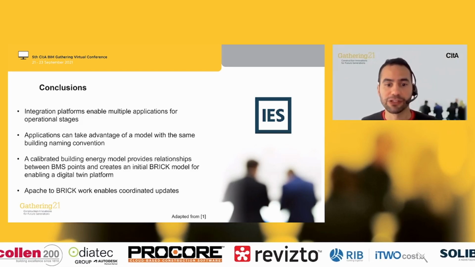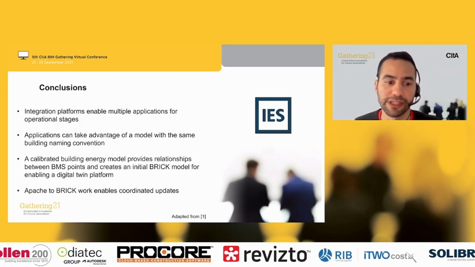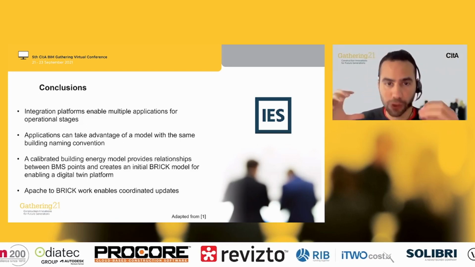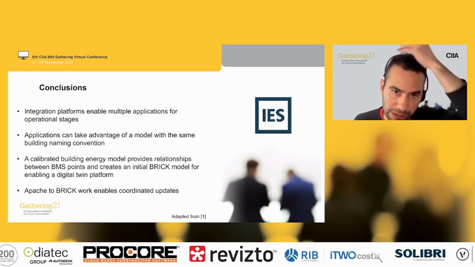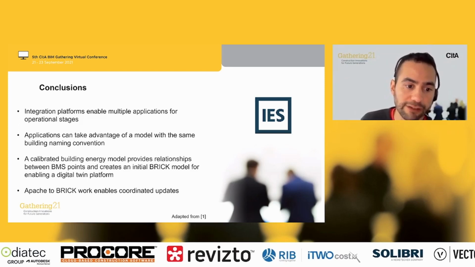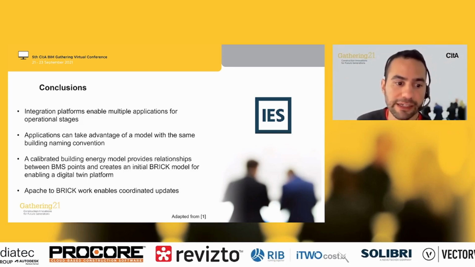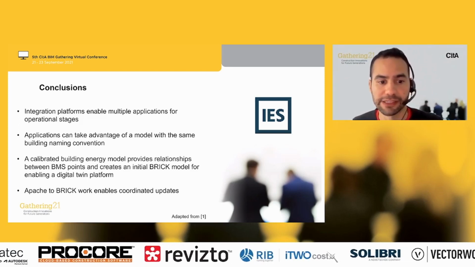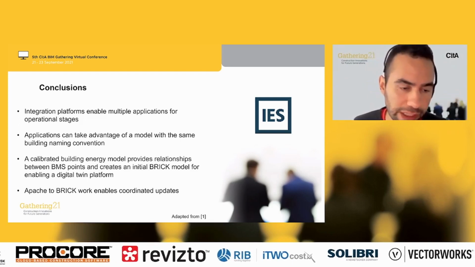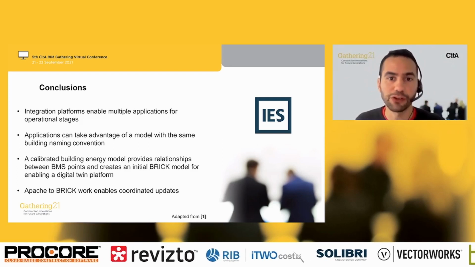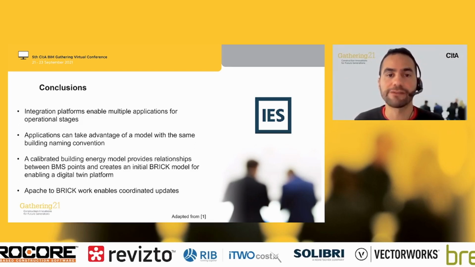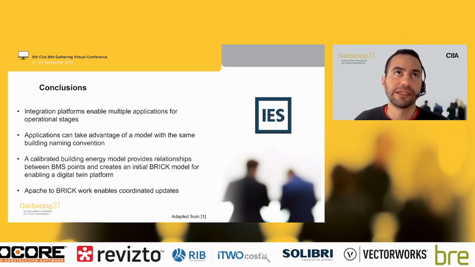And the plan, or the proposal here, is that we create, with the calibrated model, the initial Brick model that can be used as the core of the digital twin platform that will be deployed with live data and so on. And also because we have this automated plugin, the goal is that if there is a change in the building in the future, for example, there is a new energy meter installed, so we have a new point that we need to add into the Brick model, then we don't have to ask the data engineer team,